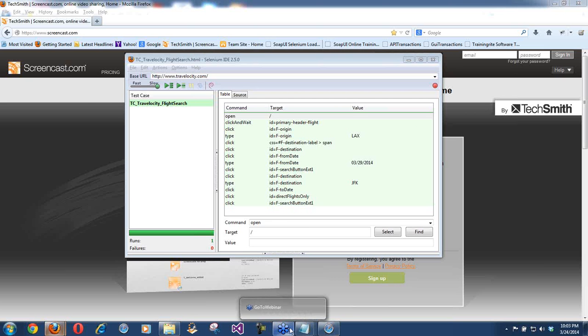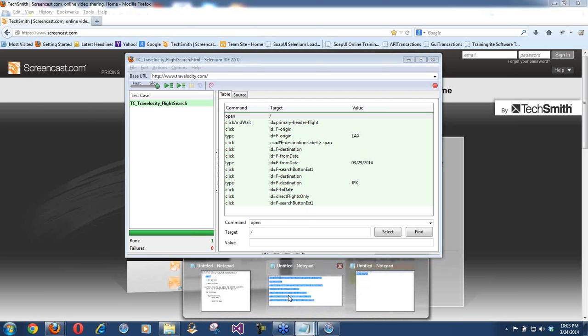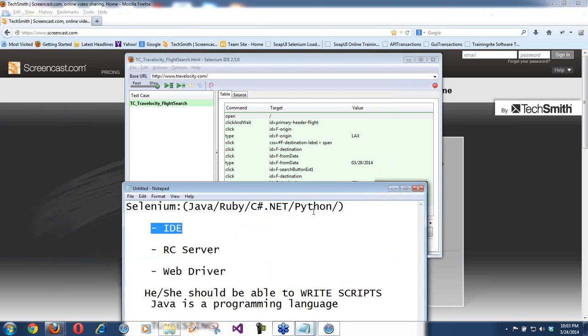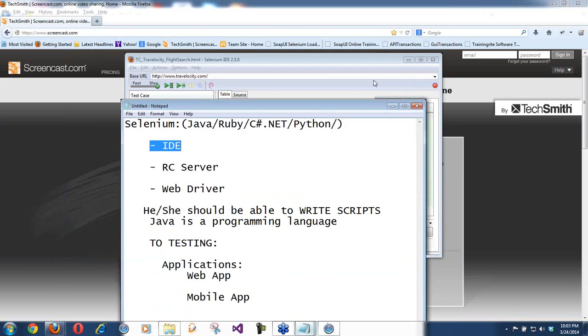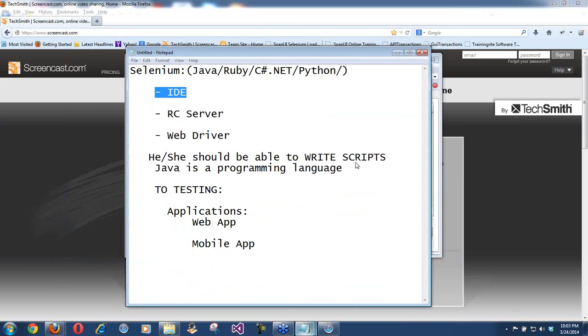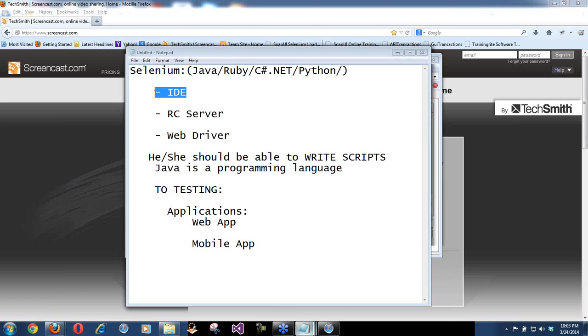Objective of day one was to introduce you to Selenium IDE. That was my objective for day one. And I think I tried my best to transfer my knowledge of IDE to you, and very soon we'll be doing a lot more. And when I see you back on Wednesday, we will be getting started, and we'll be doing, believe it or not, I'm going to take you into WebDriver on Wednesday, because RC Server, we will cover it,